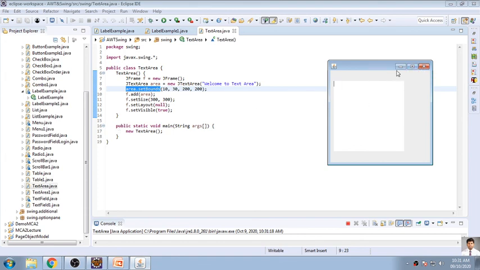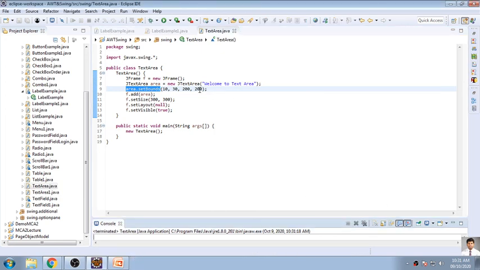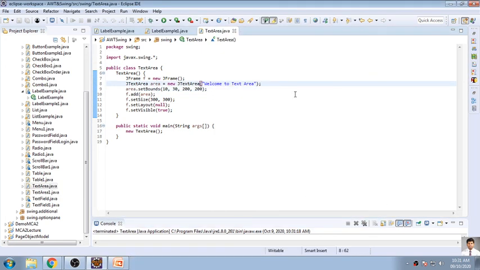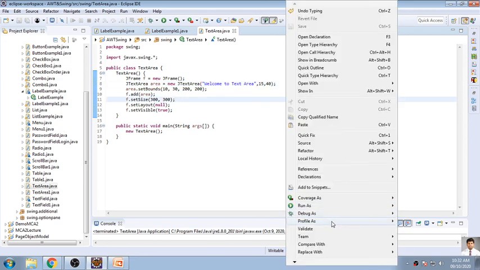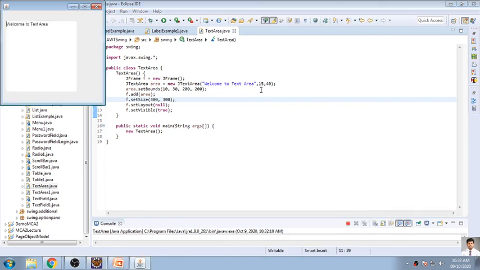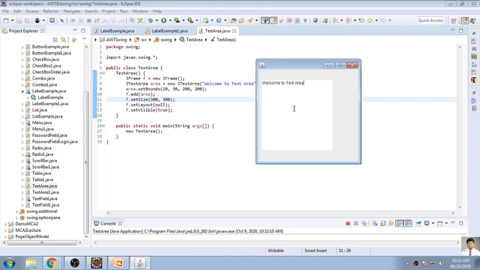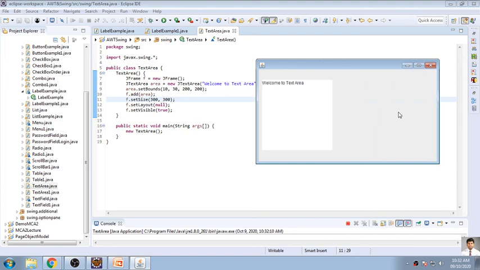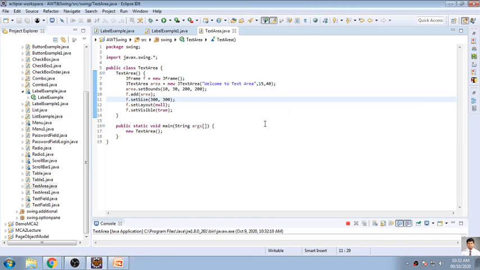Okay, now I want to make some changes to that. I want to use some parameters like this, 15 and then 40, that is row and column. If I pass those parameters, I am using the text area with those parameters. Now it is not showing anything like this, but when you go for designing, you will find that. Let it be. The text area's three parameters are not working, so we'll talk only about this text area.